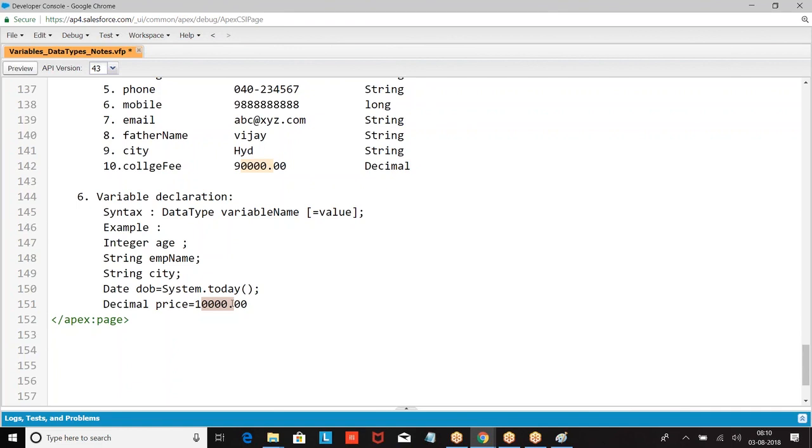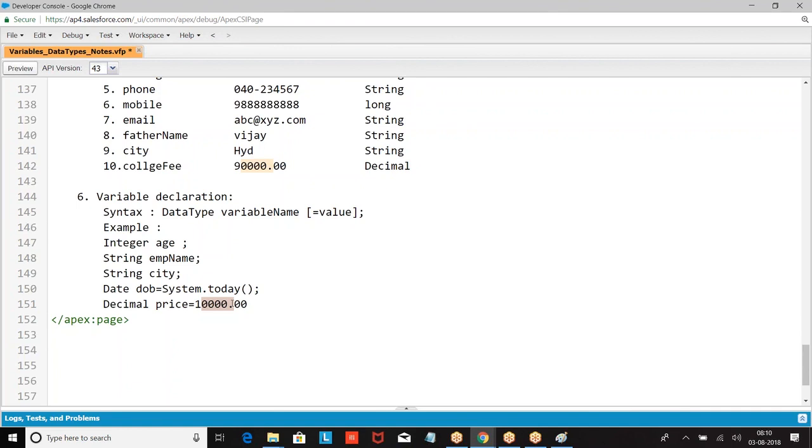What is the value? Null. If you don't give any value, by default it is null. City, value is null. Date of birth is a variable. Value is today. Price is a variable. Value is 10,000. Are you getting my point? Data type, variable name equal to value.